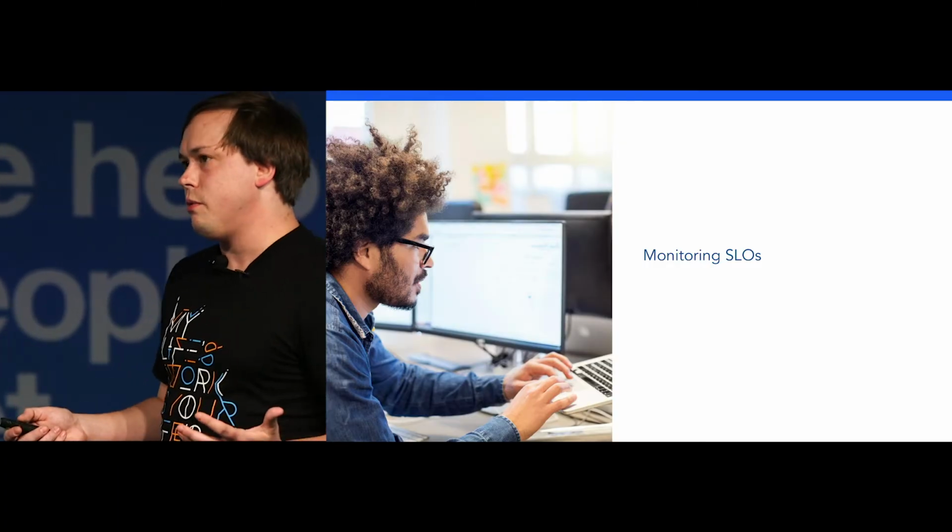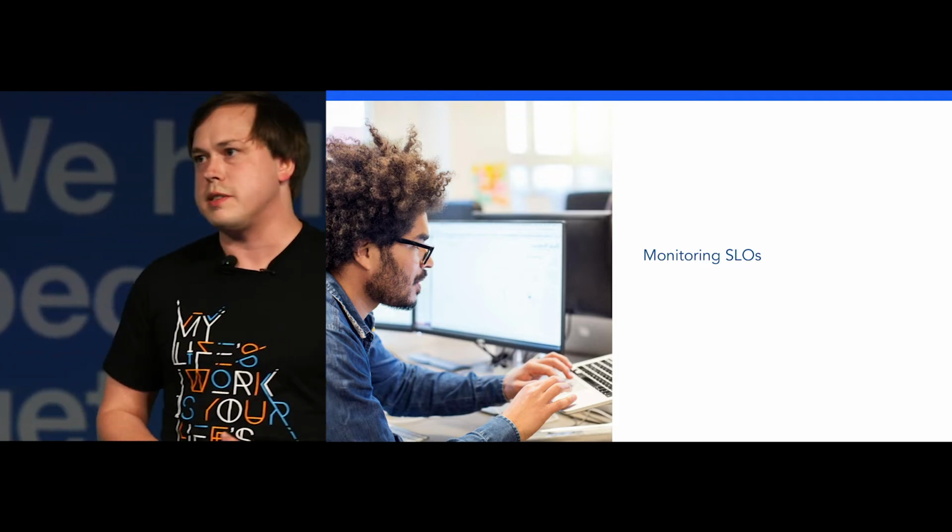Another thing that's really important when you're doing a migration, if you're going to maintain your SLOs and make sure they're good, you've got to be able to monitor them. Ideally, it's something you can see in real time. We monitor a lot of our metrics and service level objectives using a software as a service called Datadog, which allows us to ping those to a third party and really see a time series of them